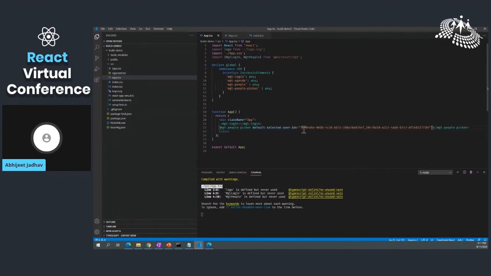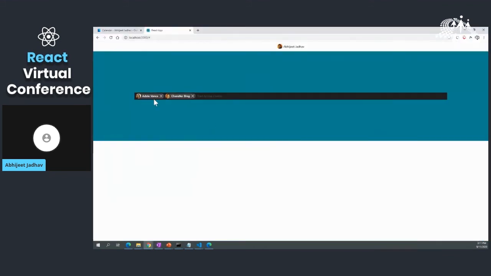So I'm using the object IDs of these users here for the demo, and this default selected user IDs attribute will directly show you the users pre-selected. So if you see Adel and Chandler, these are the object IDs which I have used in my application. And once I save that, I am seeing that these are pre-selected.